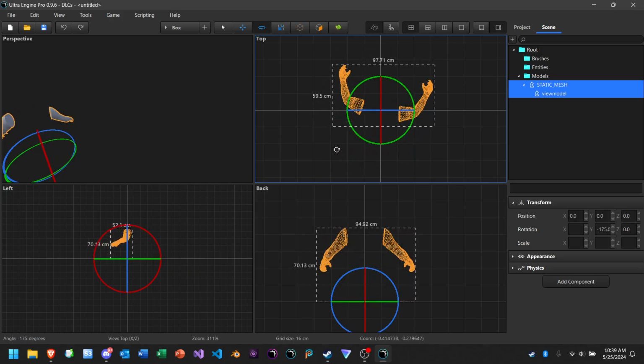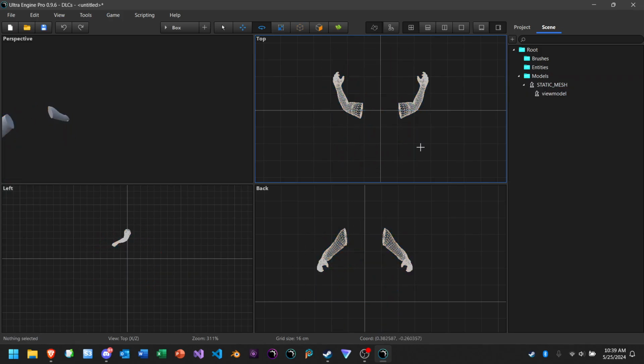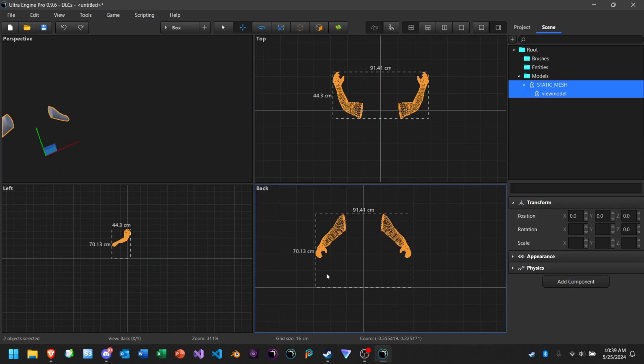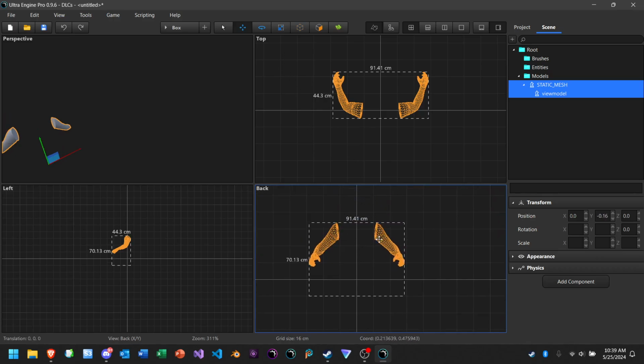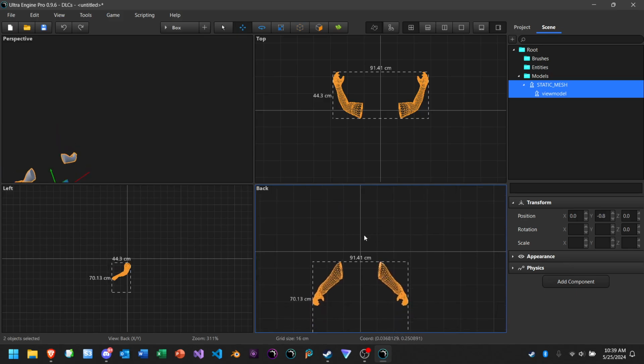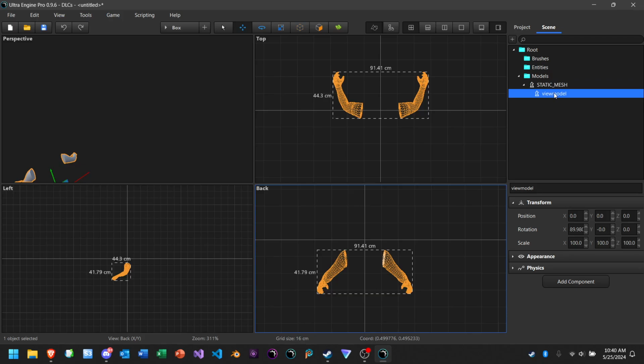Also, this is an FBX. With FBXs, it's kind of harder to get the pivot point. You could zero that in Blender without much issue. Select the view model, not the static mesh parent, but the actual view model, the child, and go to